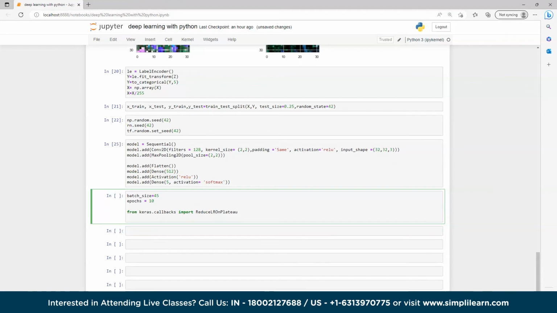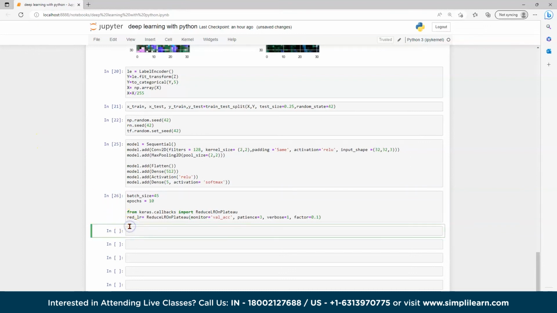Okay, then I will add red LR equals to ReduceLROnPlateau, then we'll monitor equals to validation score, or accuracy you can say, comma patience equals to 3, comma verbose equals to 1, comma factor equals to 0.1. Okay,